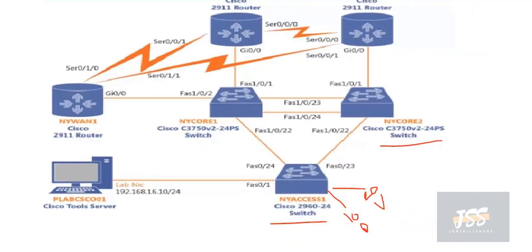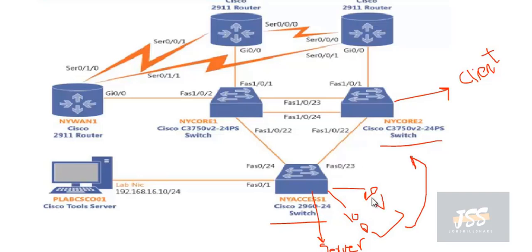Now secondly, this switch is configured in VTP server mode, and this one is configured in client mode. So the server will propagate its VLAN information and their database should sync, but it is not syncing. VLAN 10 and 20 are not being propagated and not being added over here, and we will see why it is happening. So we will troubleshoot why VLAN 10 and 20 are not being added on the client mode switch NY core 2.